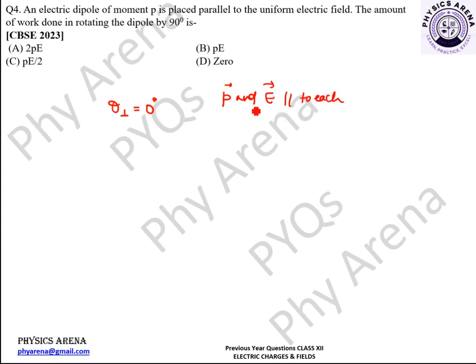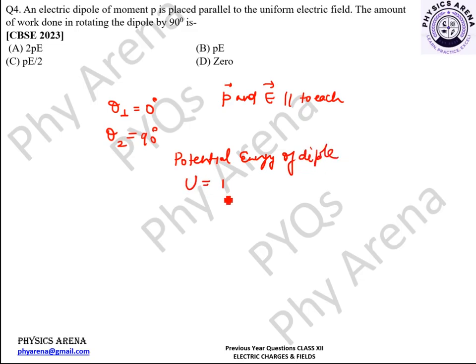So in this scenario, the dipole is placed in such a way that the angle that it is making with the electric field is 0 degree. And theta 2 is 90 degree because we are rotating the dipole by 90 degree. So using the formula for potential energy of dipole, it is given as